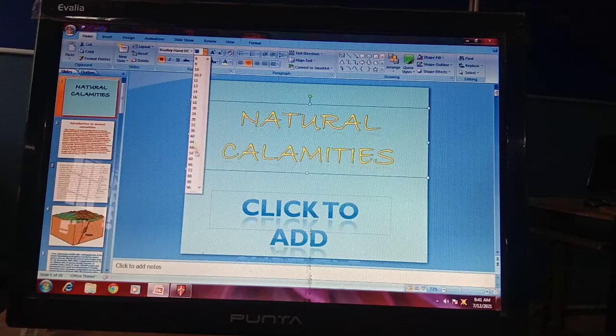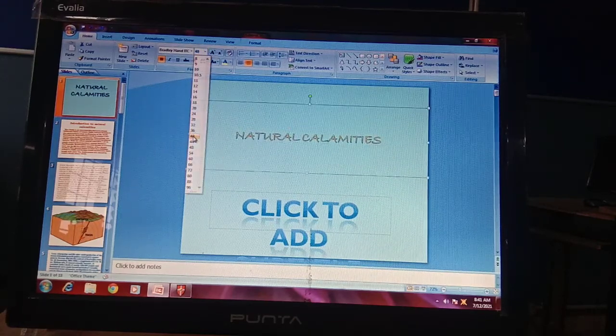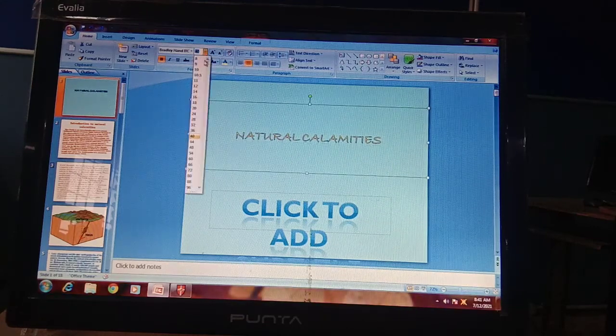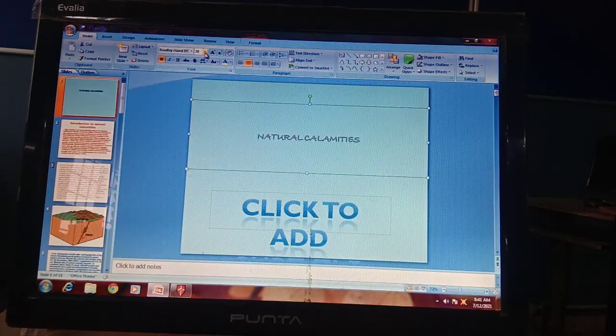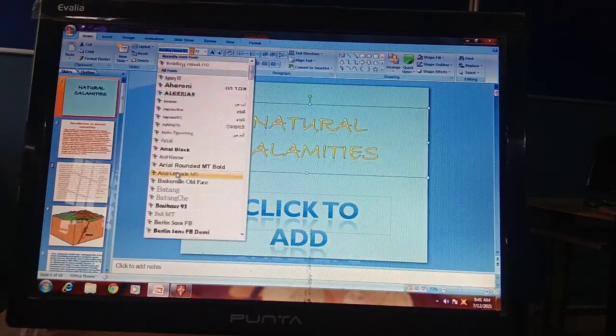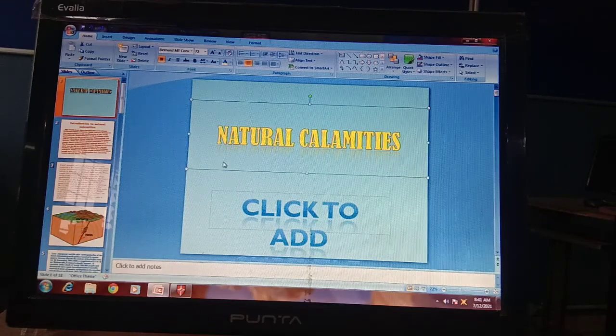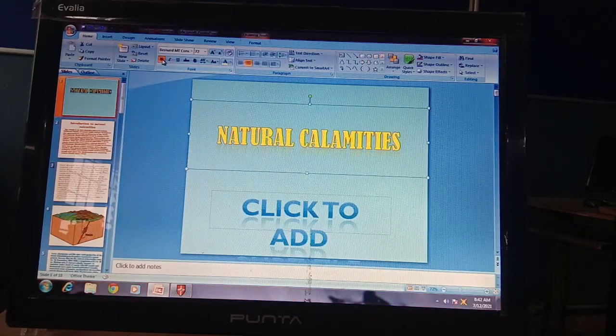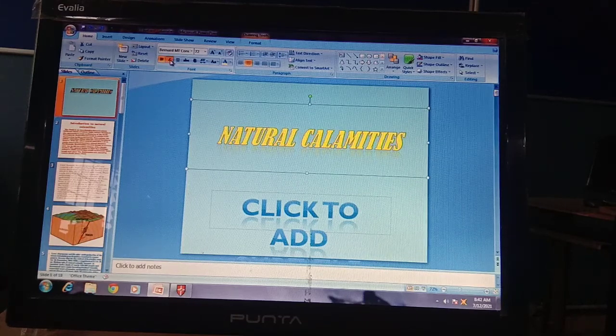Okay, you can also make it large and small. Okay, you can make it smaller or bigger from here according to size. You can change the size of your text. Okay, you can change the size of your text, and you can also change the font of your text. You can make it bold. Okay, you can make it italic. Okay, you can make it underline. If you want to underline it, you can also do underlining.